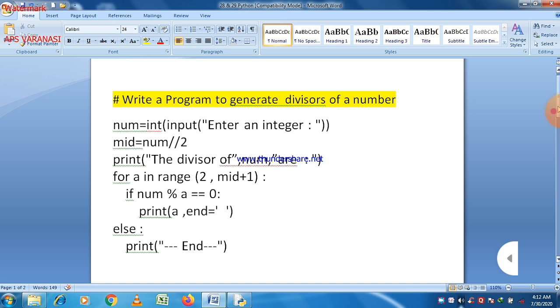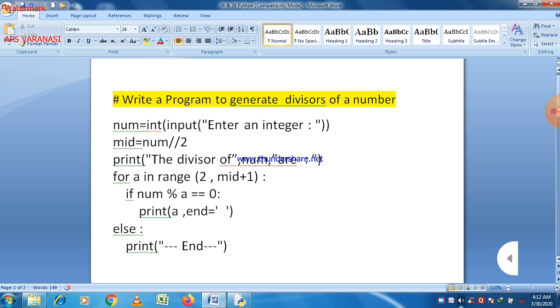And after that, when the loop is over, there is an else statement waiting for us, which has a print statement saying that the program is now over, and an end statement which indicates that the program is over here.